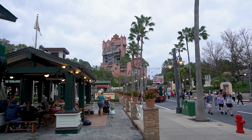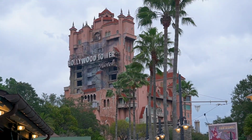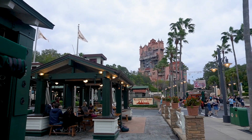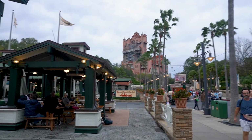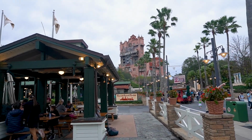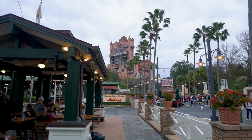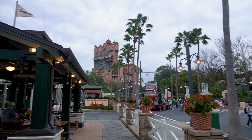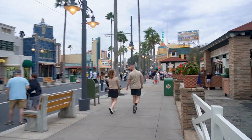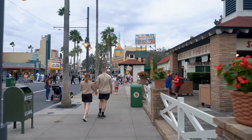Really a good time to ride the Tower of Terror in this kind of weather, because, oh, you can kind of hear the, oh, I thought I heard thunder. It was actually a cart going by. But one of the big things over here is that Rock 'n' Roller Coaster is currently down for a refurbishment that has really no end date right now. And I think it's because they're redoing the catch car system. So, but we are continuing on, trying to make sure we can get through a few more things before the